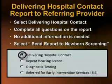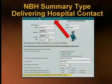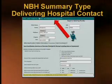Okay, so with this particular report, we've gone in, and you'll see there's a selection for the provider. Druid City Hospital would be our provider there, and then the city of the provider, Tuscaloosa, and then we want the date that it was done. The AABR would be chosen as the method. And then there are 2 questions that pop up in regard to right ear and left ear: pass and pass for